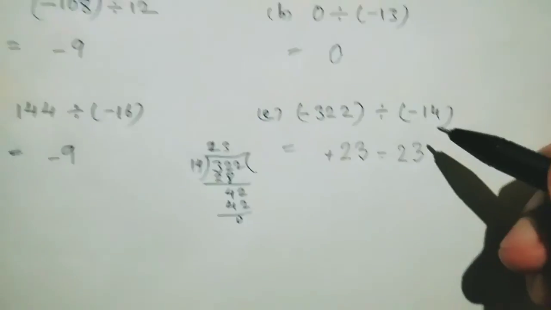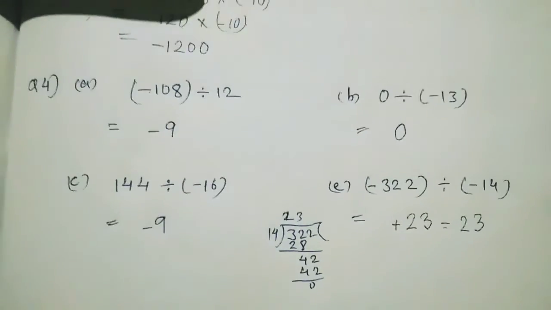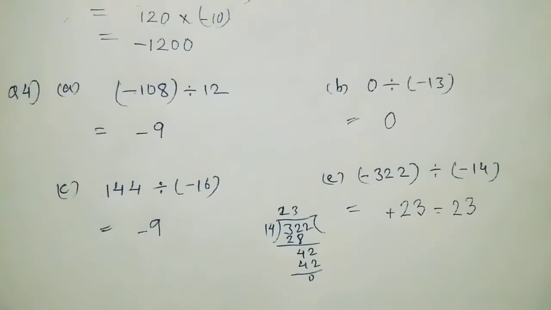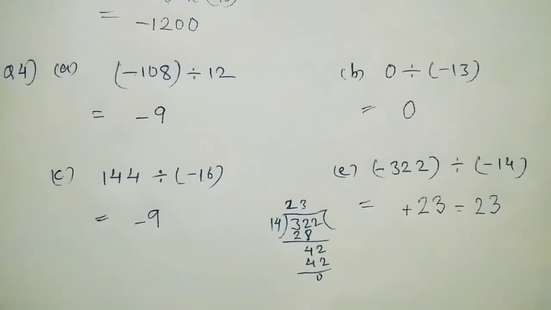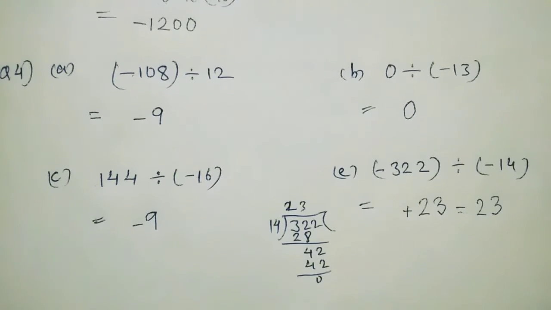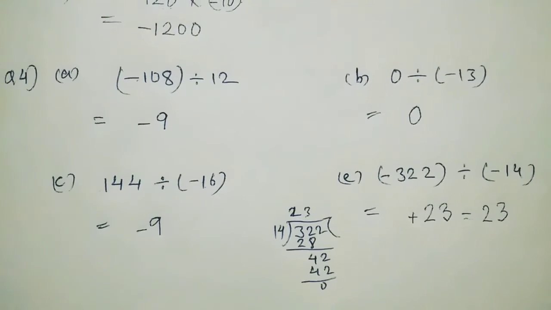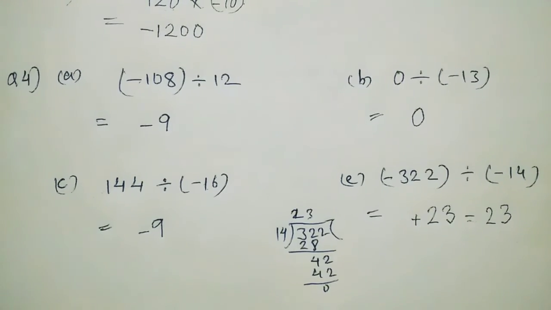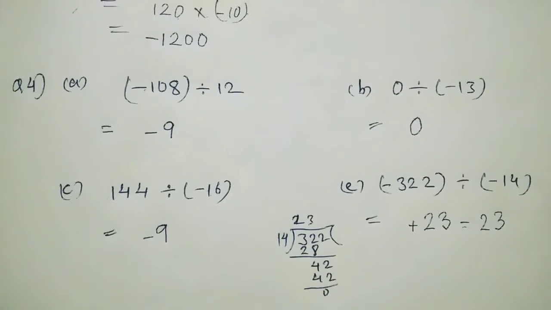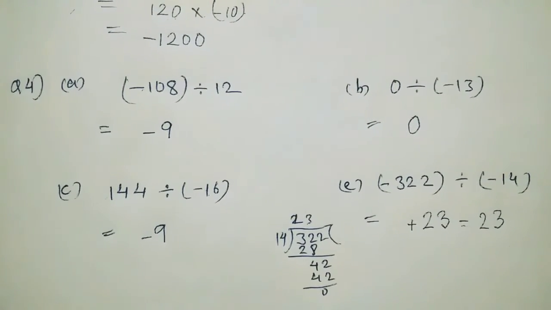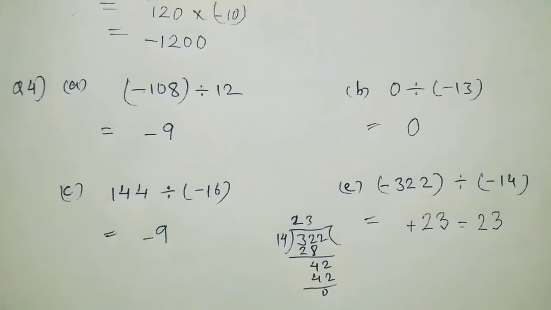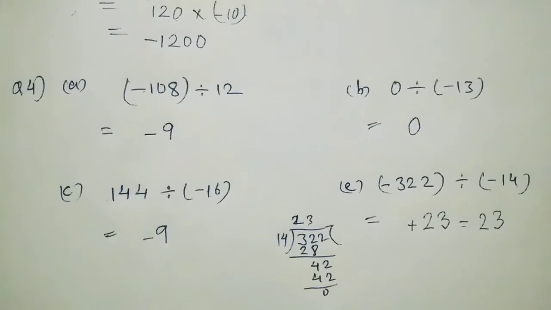Understood? So now I hope you have understood the division questions also. So the rule is what? Always remember that you have to do the operation first of all, whether it is multiplication, whether it is division, whatever it is. Then you have to follow the rules to put the sign. Okay. So if you do not remember the sign rule, then it is problematic. You cannot solve the question. So it is very important to remember all the rules of the sign.